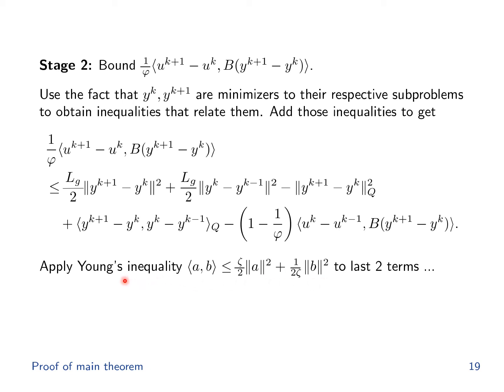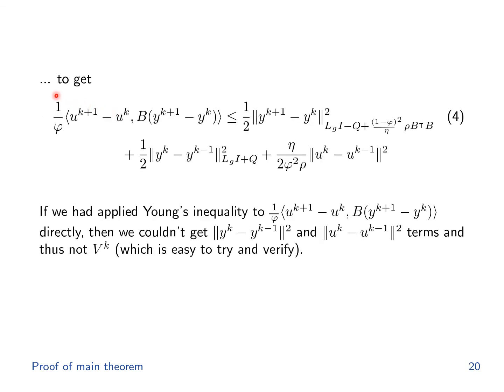When we apply this Young's inequality to these two inner products, we choose different zetas for these two terms. Applying Young's inequality to the 2 new inner product terms on the right-hand side allows us to get the new right-hand side. And we have used this induced norm notation to collect the terms. So we end up having only 3 terms, one involving yk plus 1 minus yk, the second yk minus 1, and the last one uk